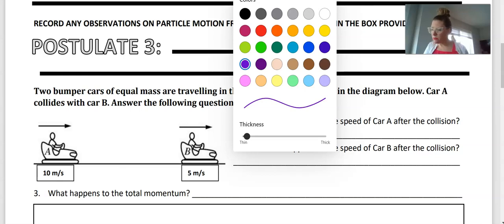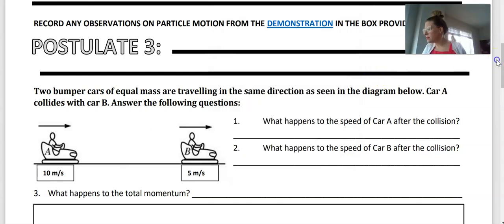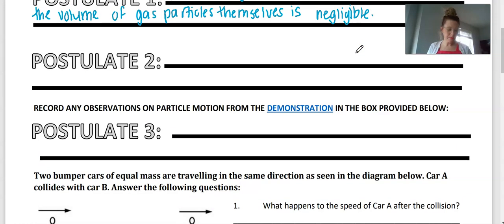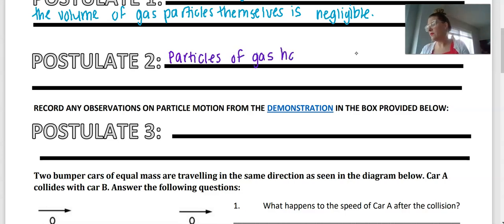Postulate number 2 states that particles of gas have such weak intermolecular forces